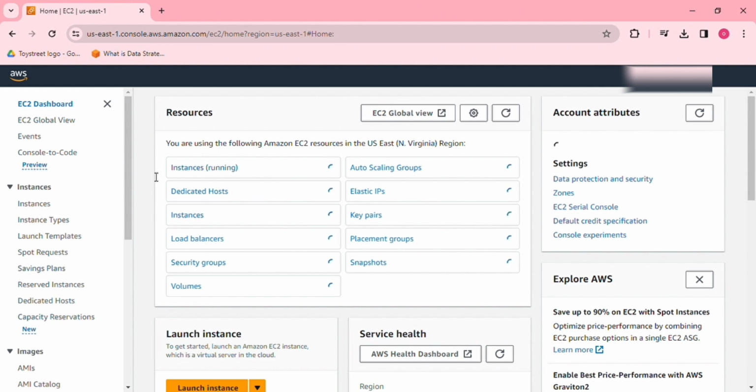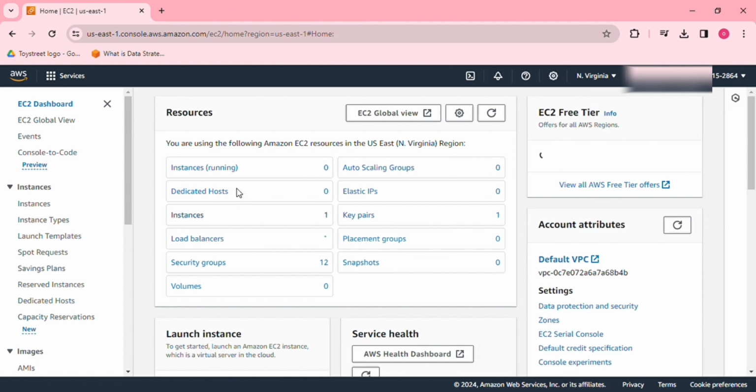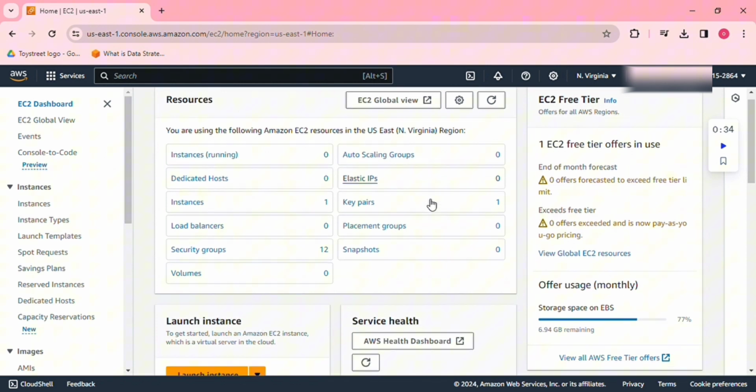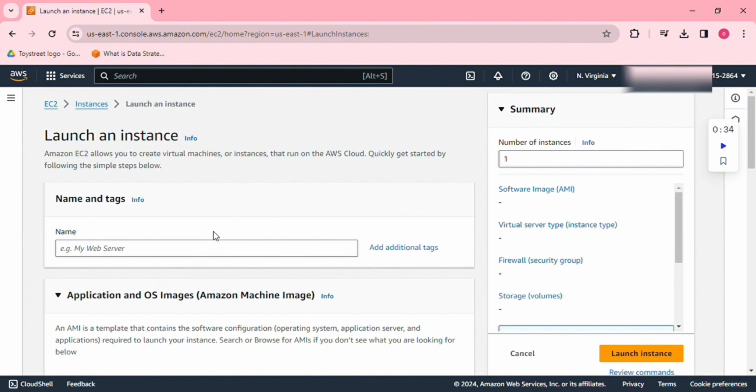Now this is my EC2 dashboard, and here you can see I do not have any running instances right now. I have an instance here, but it's not running. So now I'm going to create an EC2 instance. The first thing we're going to do if you want to create an EC2 instance is to launch instance. I'm going to click on launch,